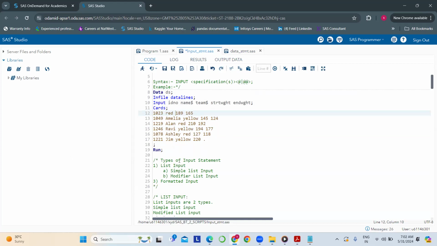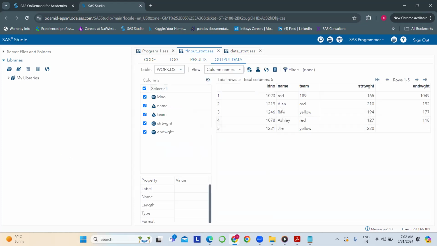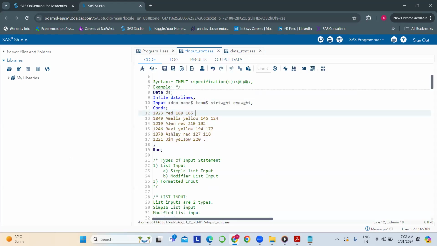Now the last one, salary, or end weight, it will show as missing data. No, end weight will have this one. Once it sees no data, it goes to the next line to fill up the last value. So I need to create something in a way that